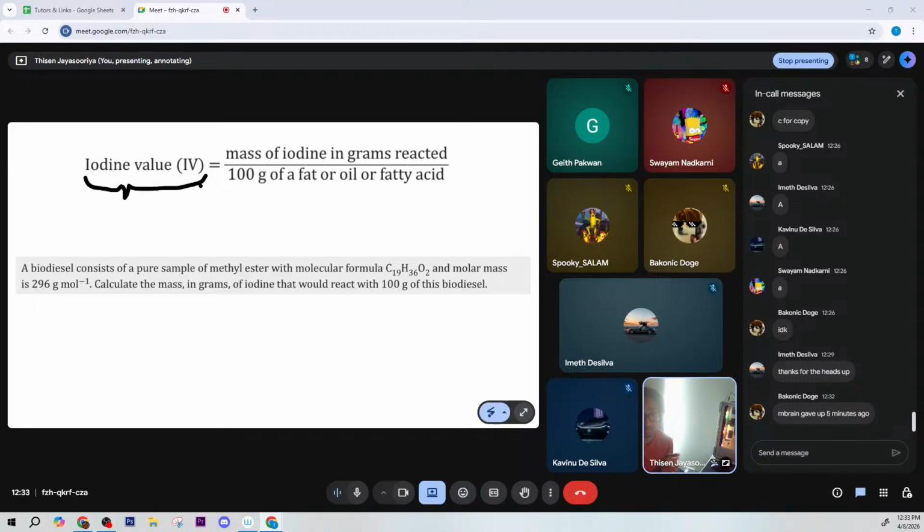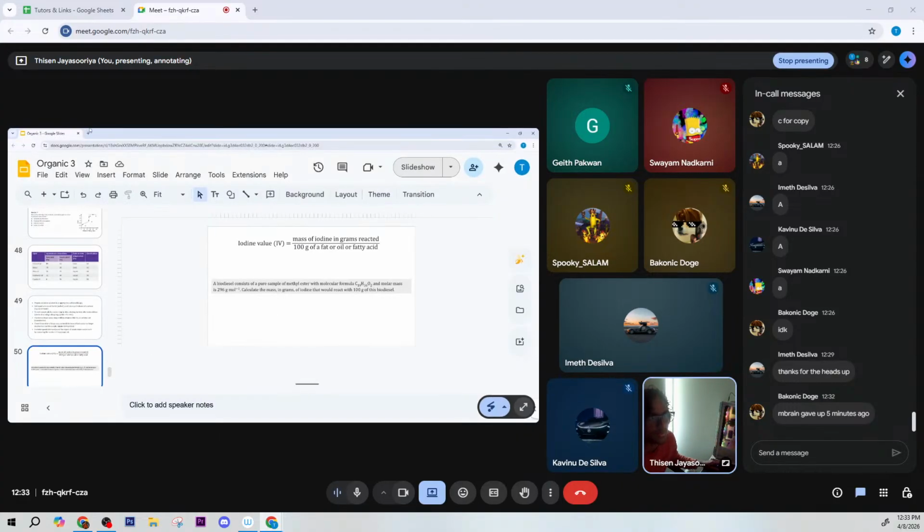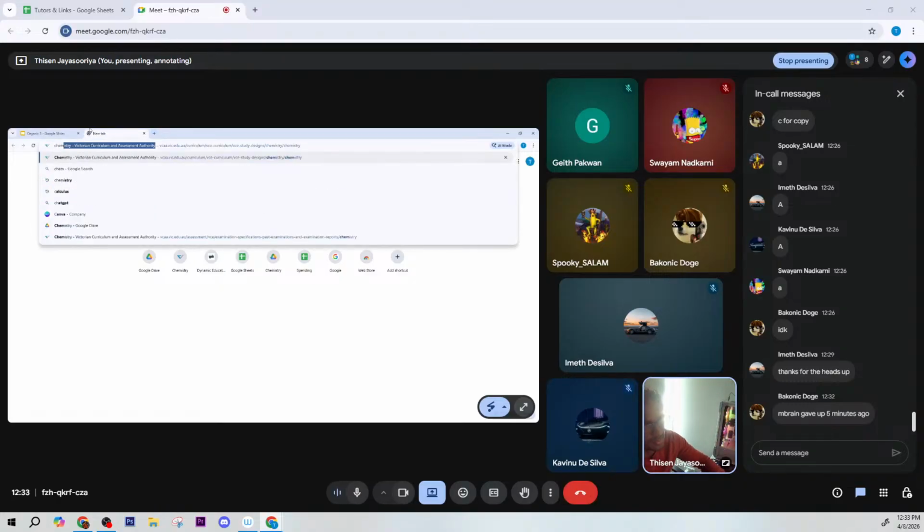We're almost done, by the way. We're just doing this iodine calculation. So here, it's the mass of iodine reacted divided by 100 grams of the fat or the oil. So here, a biodiesel consists of a pure substance of this methyl ester, right, with this molar mass. Calculate the iodine value. Now, this is where I need to remember I have my chemistry data book, my best